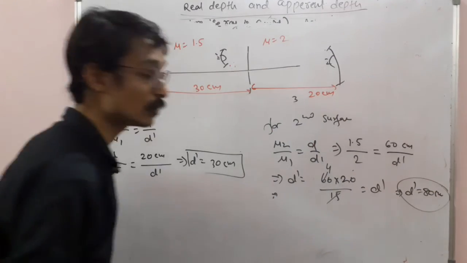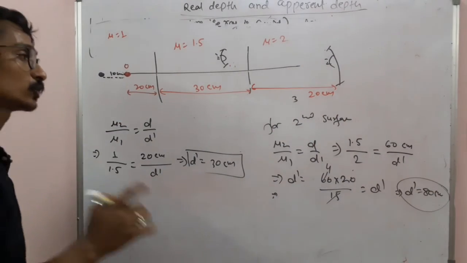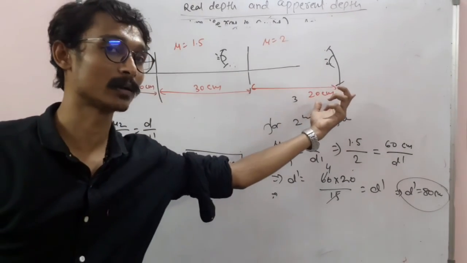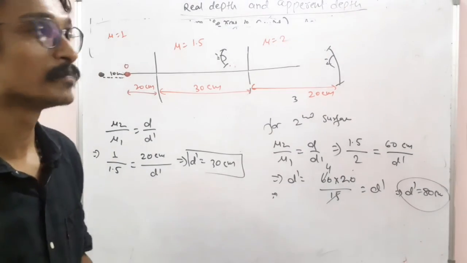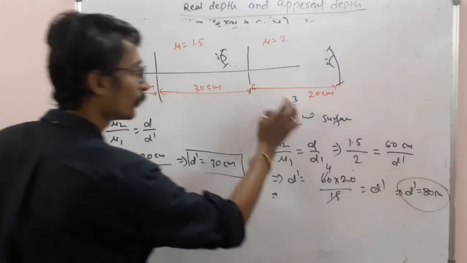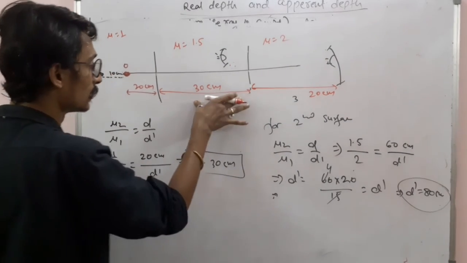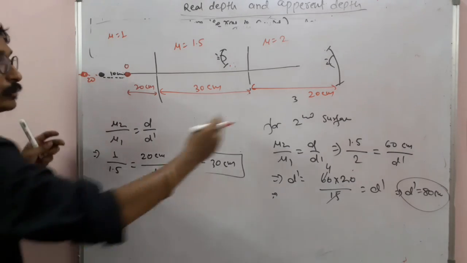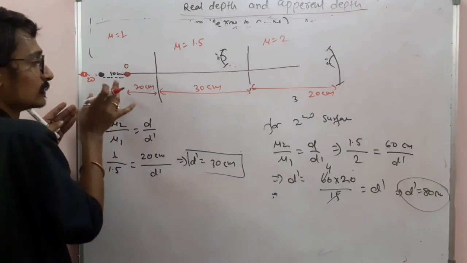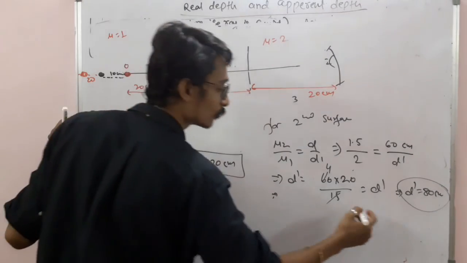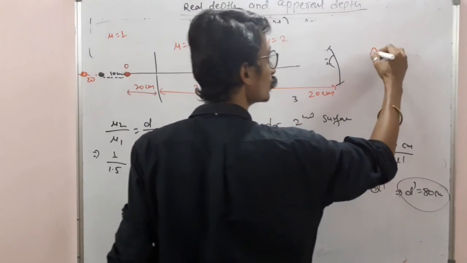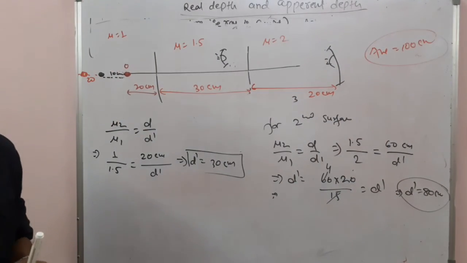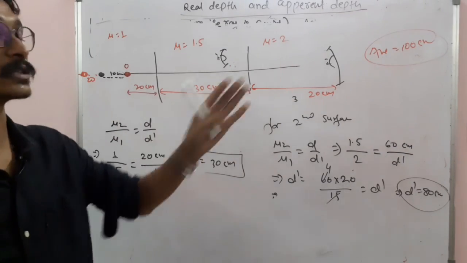Now see, this is not the answer. Why? What was the question? What is the position of the image for the observer? So 80 centimeter from this surface, 30, 30, 60, somewhere here 20 centimeter, this is the image position, right? So from the observer, what is the total distance? 30, 50, 30, 80, and there goes 20, that is 100 centimeter. So the answer is 100 centimeter, the distance of the final image formed in this arrangement that the observer is seeing.